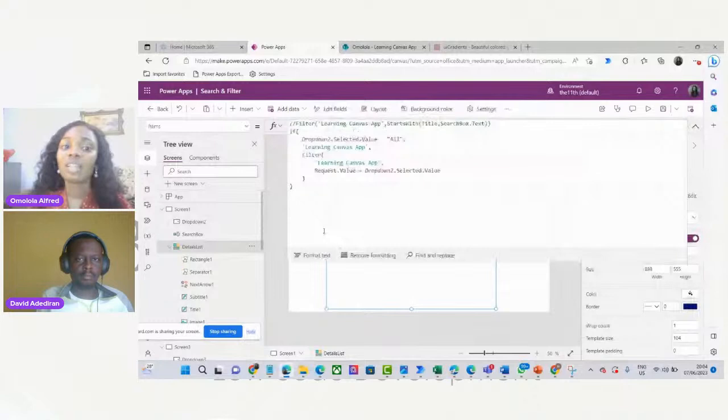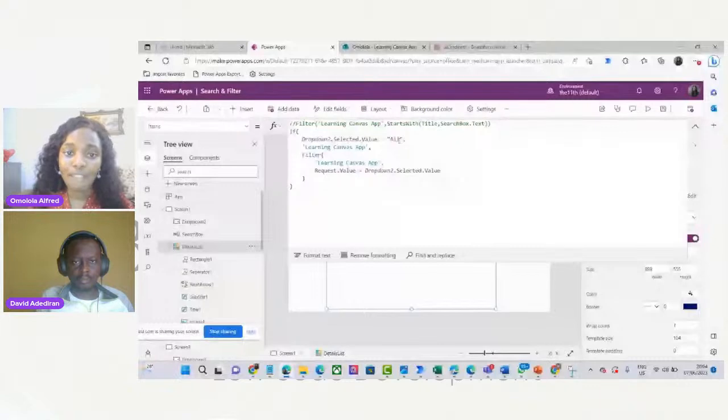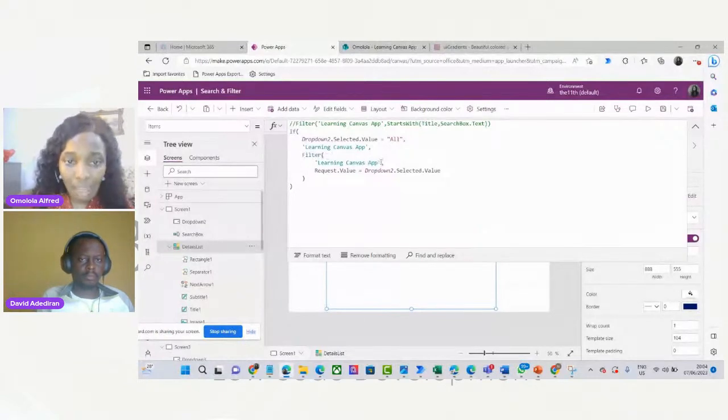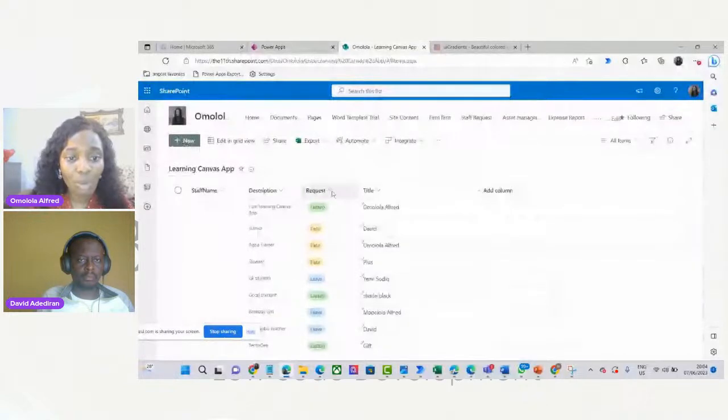We have said, so if drop down the selected dot value equals all, give me learning apps. But how if works, let me just come here. So hold on a sec. So we have if drop down the selected dot value equals all, give me what? Learning Canvas app. Else, filter learning Canvas app with, for this one it is request, right? Because request is, let's see what we have under request. Request, we have laptop, we have data, we have leave,